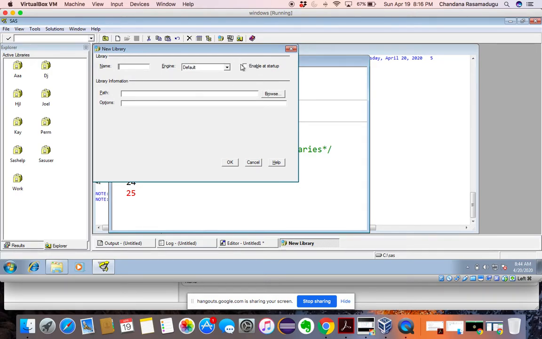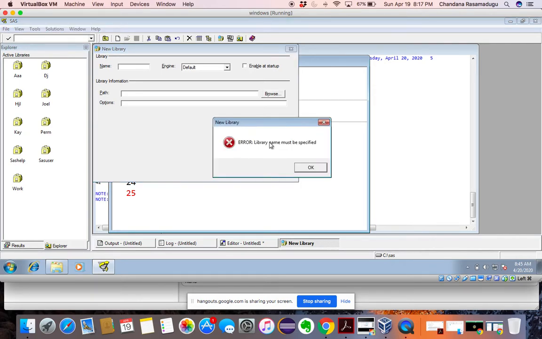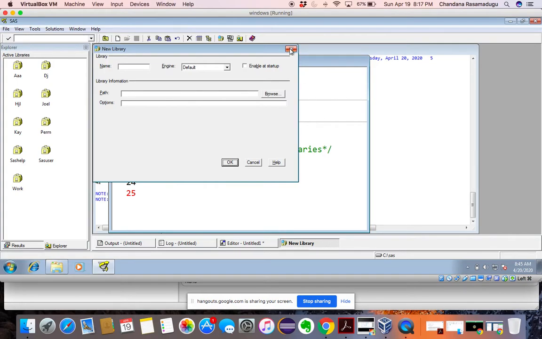For example, you are working on a project, you come to work the next day, and if you start the SAS session, it will be automatically there. Then you no need to go back to the folders and get it back into the SAS session. For that you would waste your time, right? So in those scenarios, it will save your time. Okay. So this is how we create it in another method.